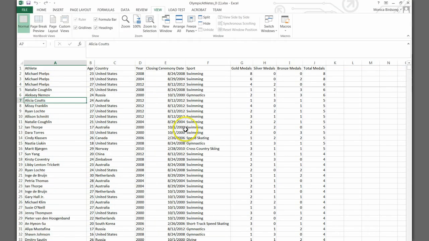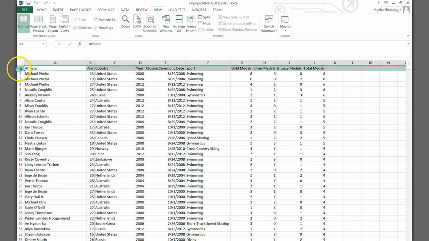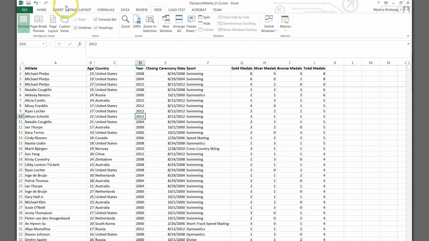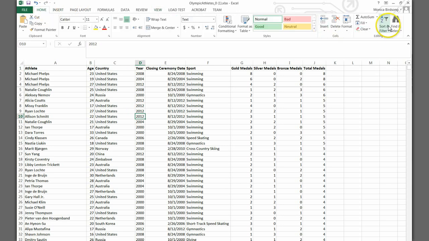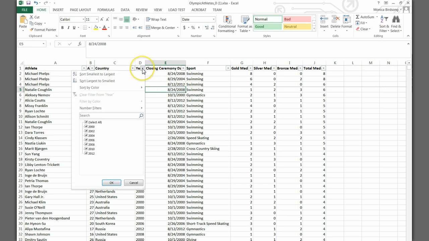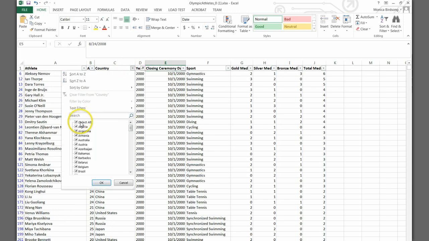Over here in Excel, what you would do, I'm going to go ahead and bold this. This is actually in the Home tab. There's this sort and filter over here all the way to the right. So you're going to say filter. And then you can see the same little arrows appear. Now, Excel has a little bit of a nicer interface for using this, but it's the same stuff. Country,